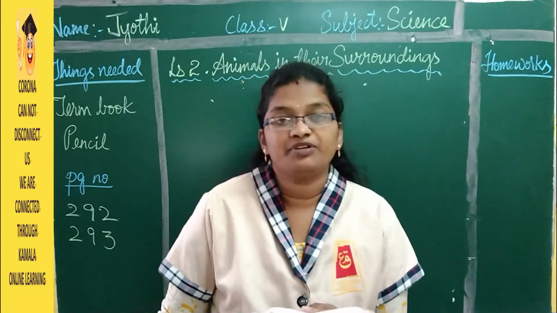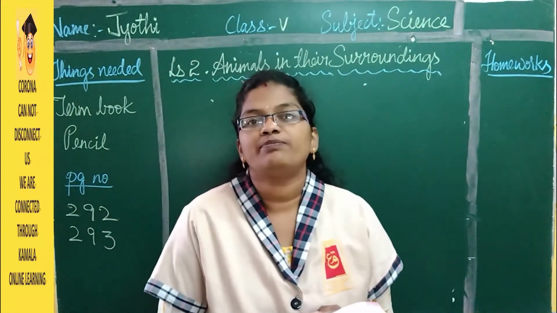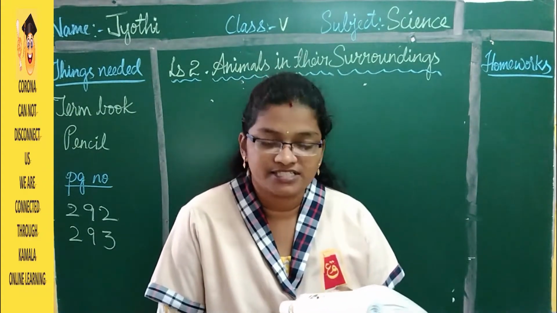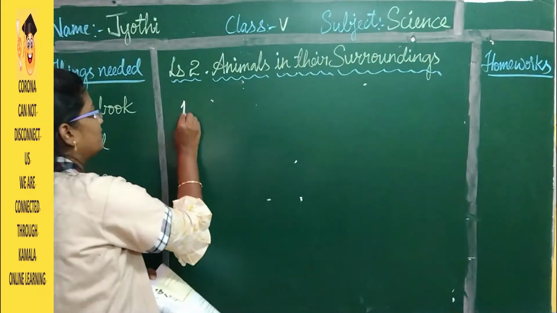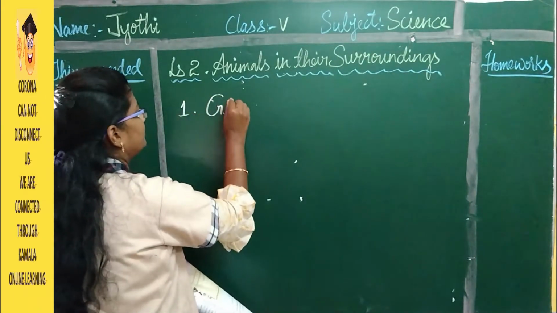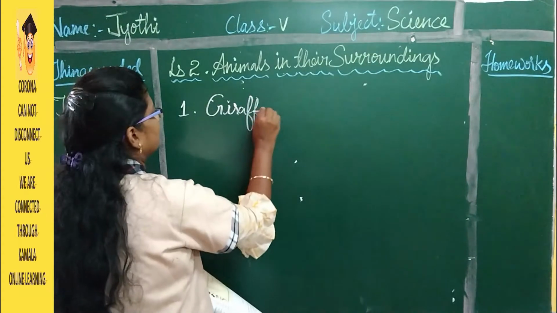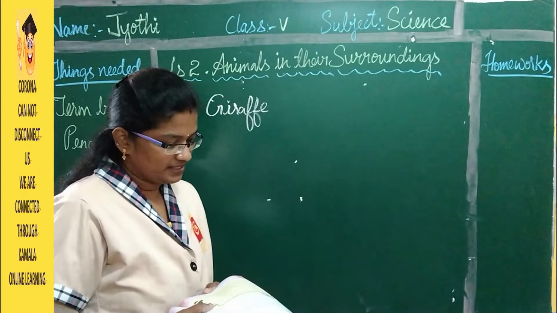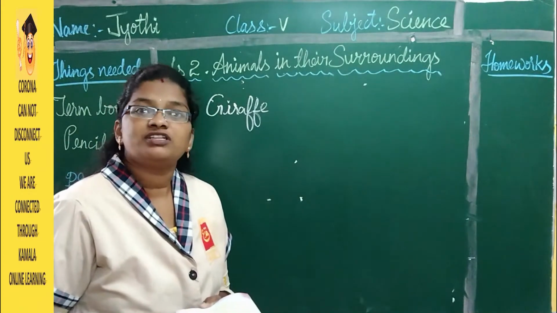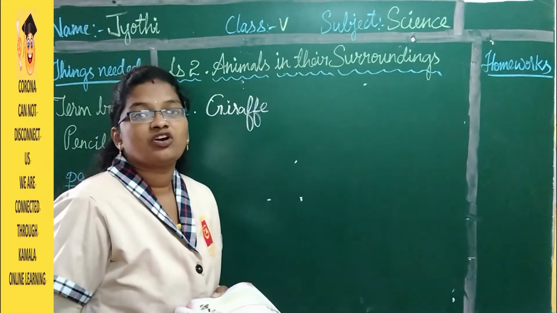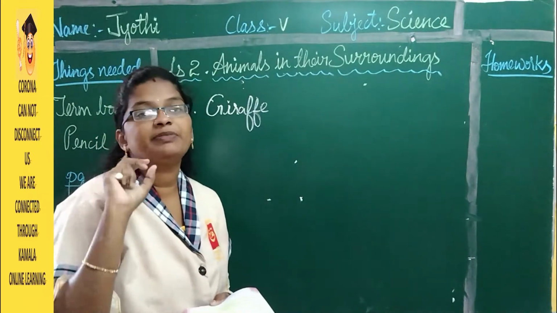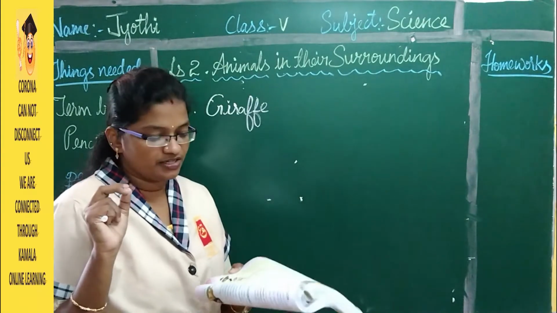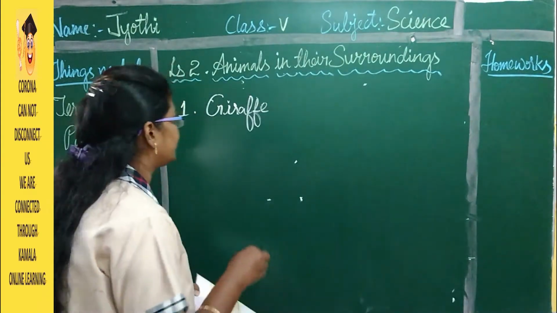It is a herbivore. Herbivore is nothing but it eats only plants and grass. So what is that picture? It is a giraffe. So the first one is giraffe. Then second one, it gnaws its food. So what is meant by gnawing? It has front sharp teeth. It is going to bite it into tiny pieces. That is called as gnawing. So here it is a rabbit.